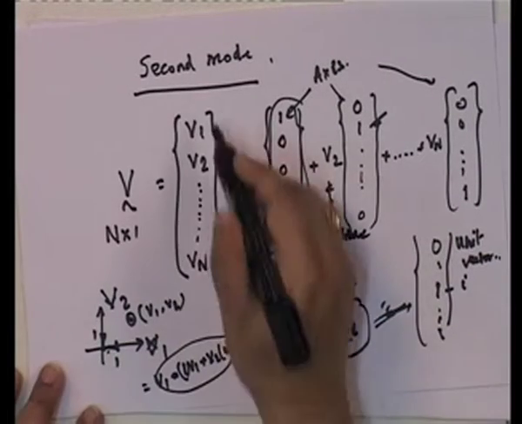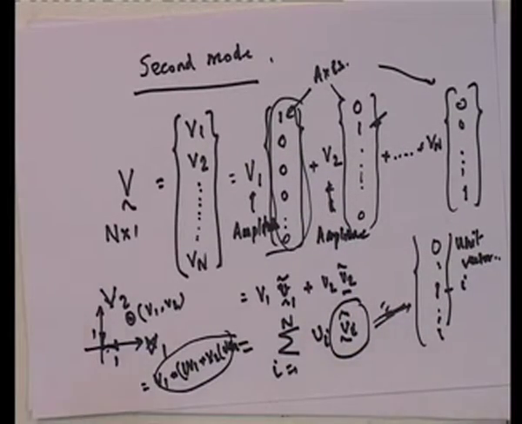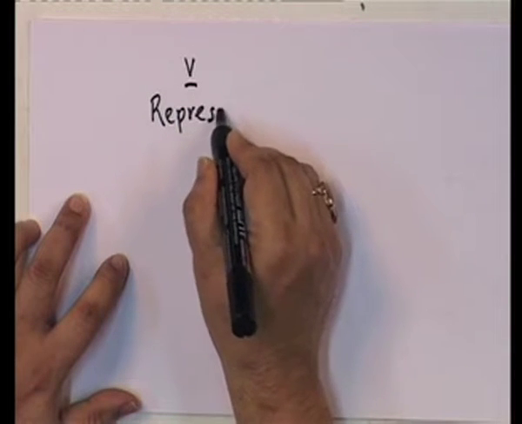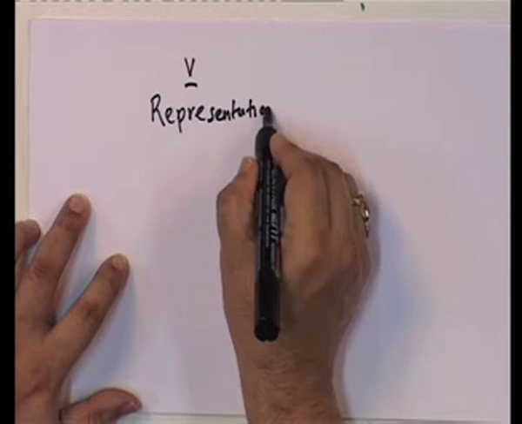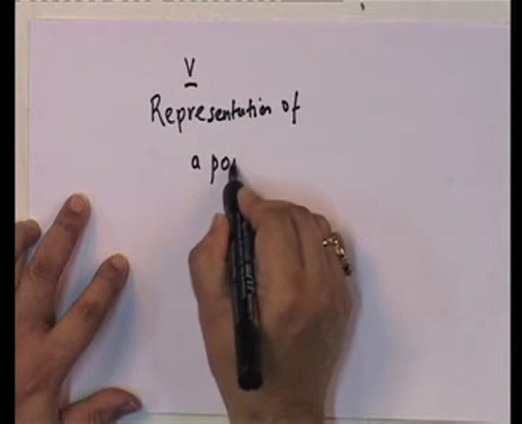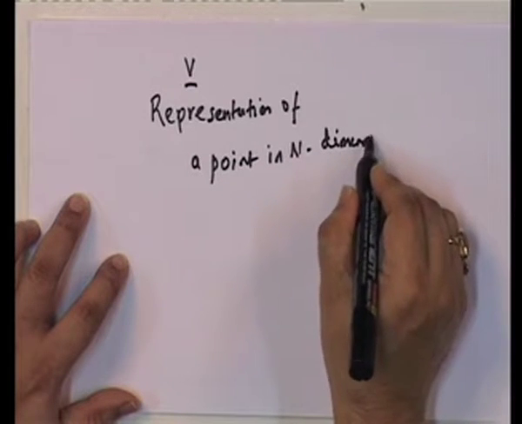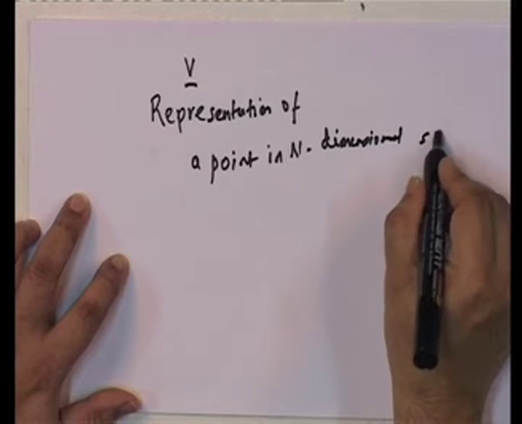In a way, any displacement is a representation of a point in n dimensional space. Okay? A n degree of freedom displacement is essentially a representation V, a representation of a point in n dimensional space,